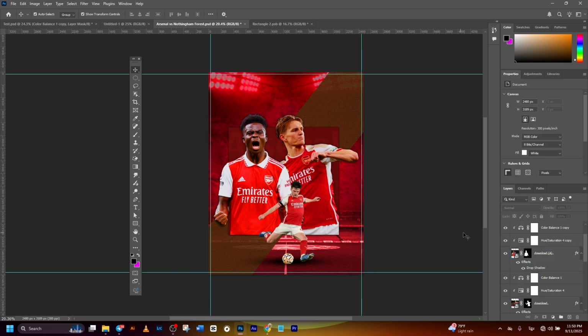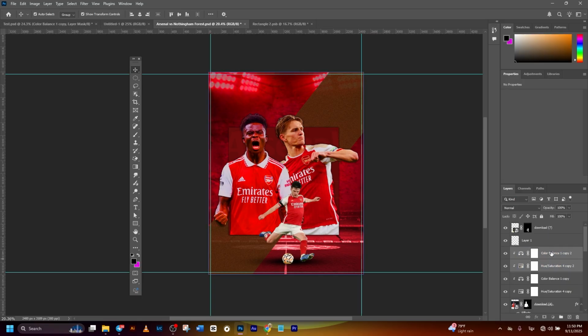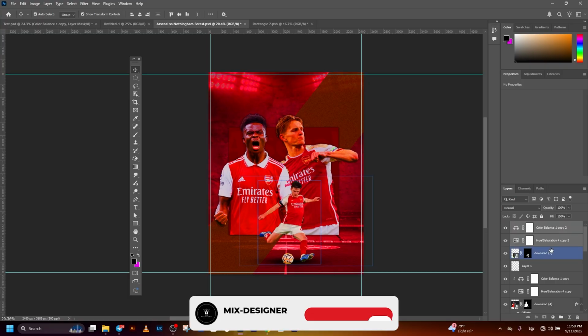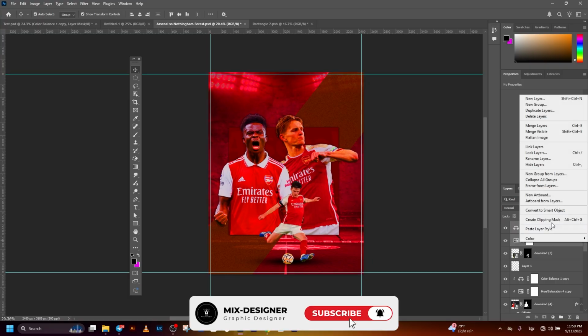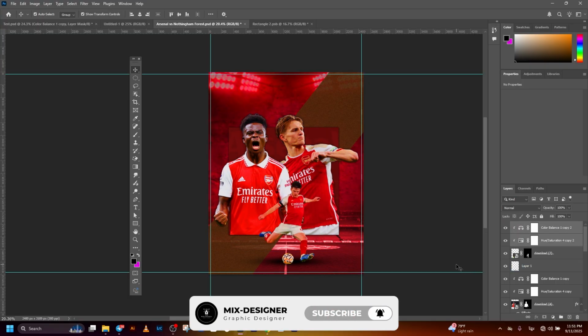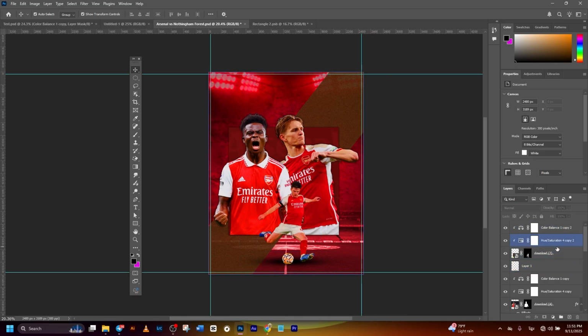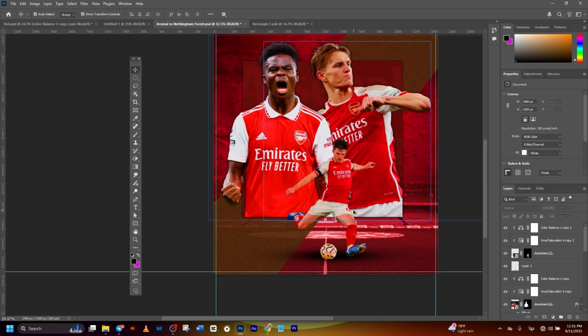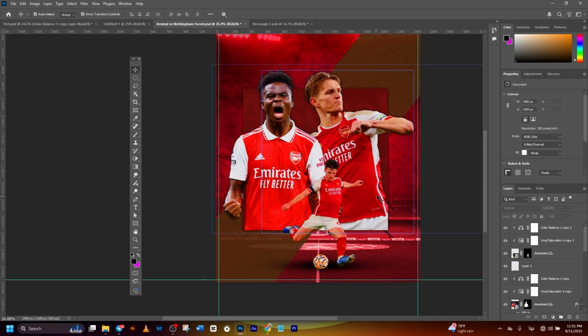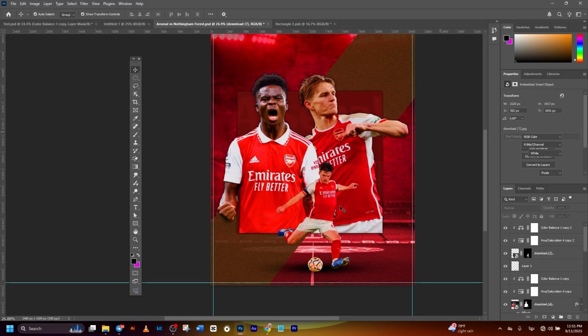Okay, again just select it and Ctrl J and drag up to another subject, right click and create clipping mask. Okay, so now hue, saturation and color balance match all subjects, and I want to customize the color of it a little bit more. Okay, for this subject,